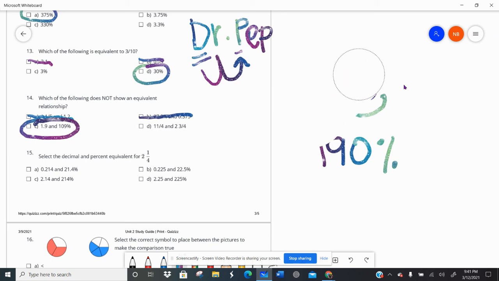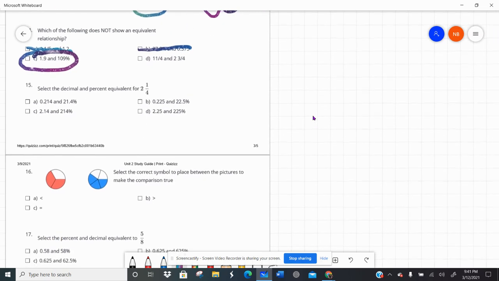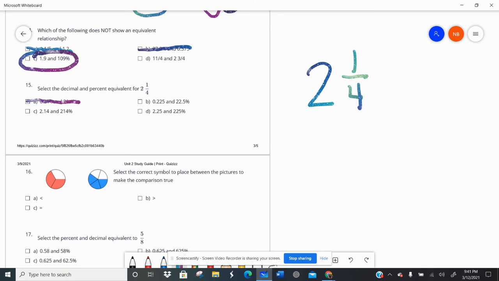We're so close to being done. Stay with me, friends. All right, number 15. Select the decimal and percent equivalent to 2 1/4. 2 wholes and 1/4. Well, if I have 2 whole things, I have over 200%, right? Two whole things would be 200%. So I can eliminate A because that says 21.4%. And I can eliminate B because that says just 22%. Remember, if your percent's less than 100, you have less than 1 whole. If I have 2 whole things, that's 200%